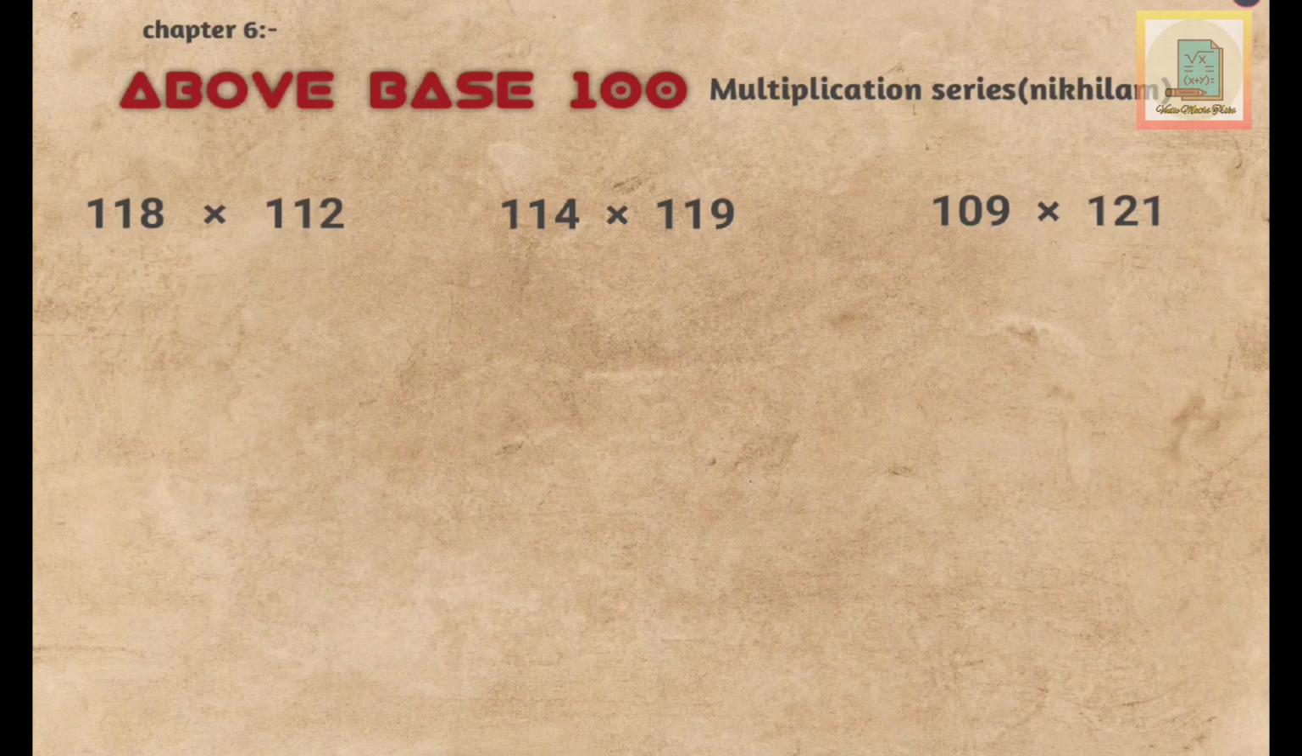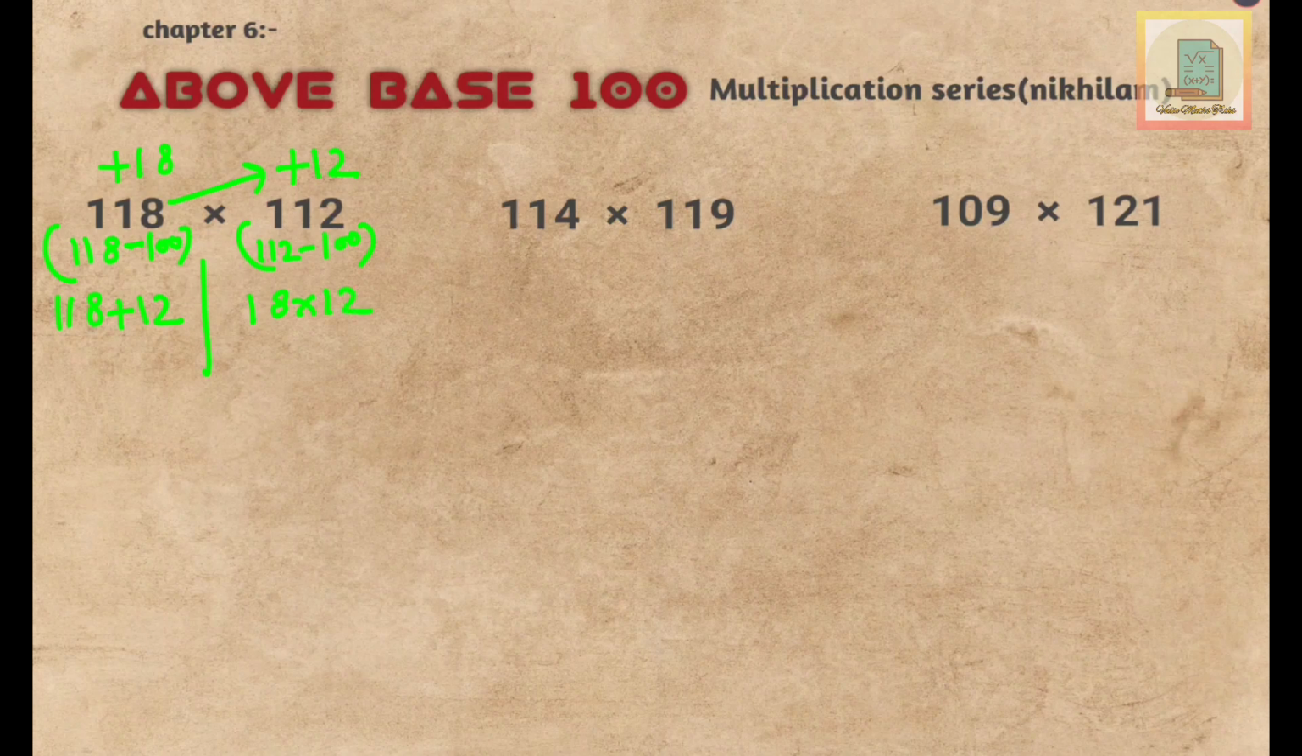So now first, 118 multiplied by 112. First we will find out the deviations. So 118 minus 100, since the base is 100, gives plus 18 as the deviation, and 112 minus 100 gives plus 12 as deviation. Now make a partition. So in the first partition 118 plus 12, which is first number plus the second deviation, and in the second partition 18 multiplied by